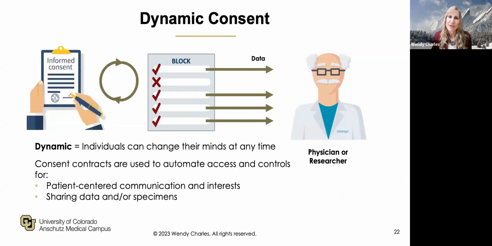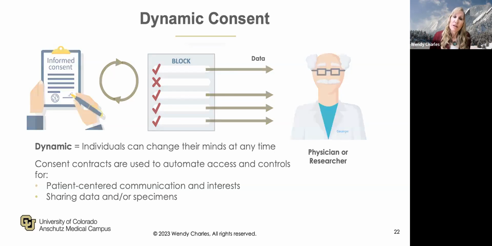An activity that's very dear to my heart is called dynamic consent. This is an activity enabled by blockchain, enabled by some of those smart contracts, where an individual can give permission, but menu-based permissions or checkbox-based permissions, where they can agree to participate in a repository, but only agree to certain conditions. Now, we can do forms of dynamic consent without blockchain, but it's highly manual. And the goal of adding blockchain to the process is that it automates the access permissions on the way down and enables the process to be much more efficient and much more patient-centered.